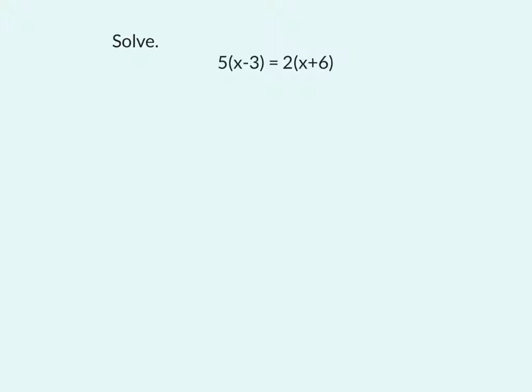Solve. Here we have an equation and we want to solve for x, which is our missing value. In order to solve this, we first need to apply the distributive property to both sides. The distributive property just tells me to multiply the value on the outside of parentheses to each value within the parentheses. So if we look at the left side first, we'll distribute or multiply the 5 to each term within